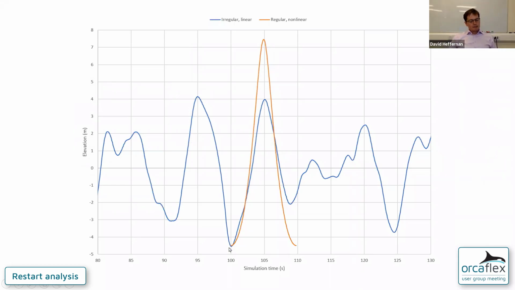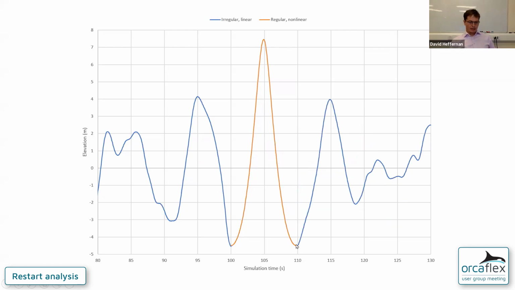When we switch over to non-linear, we've arranged that the elevation matches quite nicely. When we switch back, if we just switch into the same original wave train, we're going to have a huge discontinuity. So what we do, which is quite nifty, is cut the irregular wave at time t equals 100 and shift it forwards by 9.8 seconds so that we land back on our original trough, and we carry on where we left off, having had just a minor excursion for this non-linear wave.